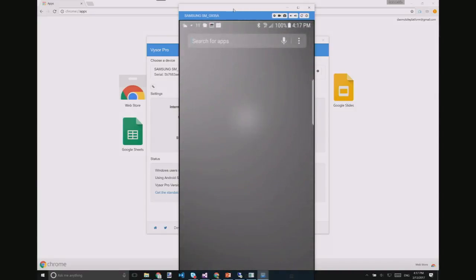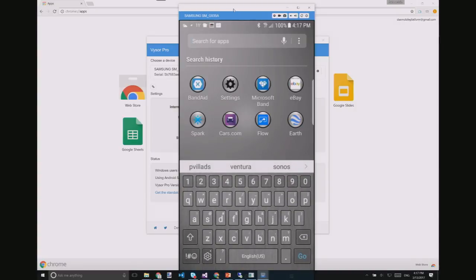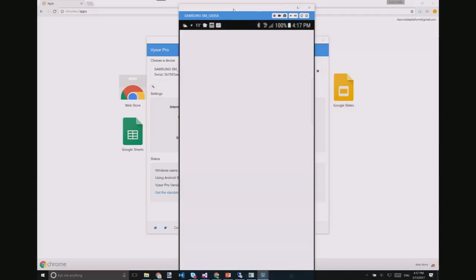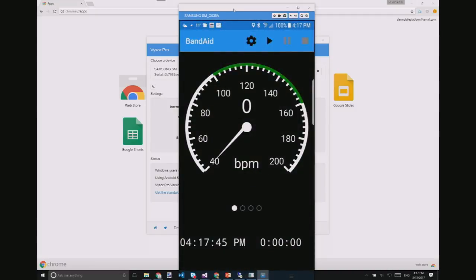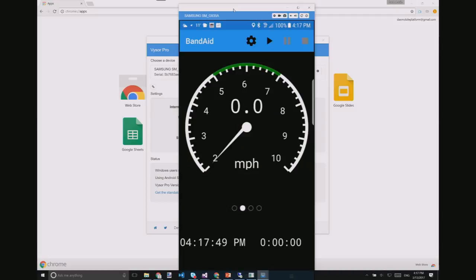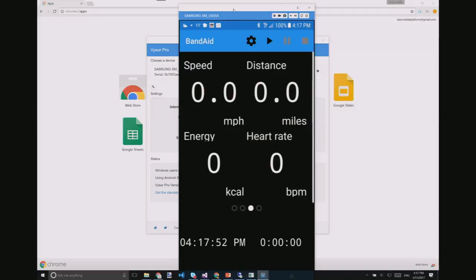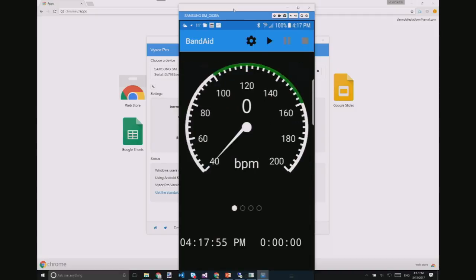I call this app Band-Aid, which I thought was a pretty interesting name. So this is what it looks like. I have here the beats per minute. I have here the miles per hour that I'm running. And here is sort of an overview of all the data that I'm collecting at the same time.